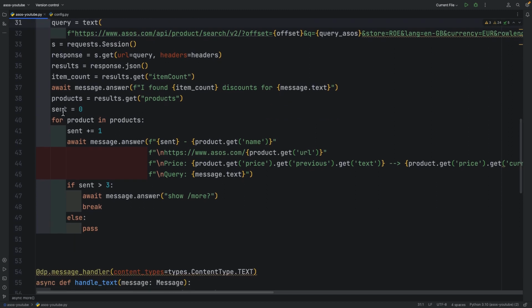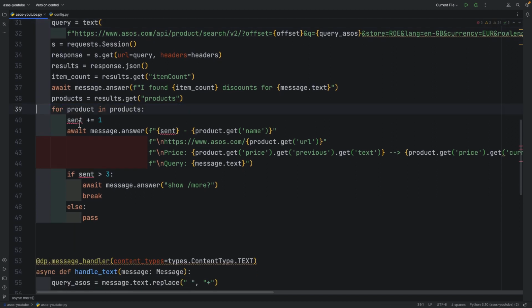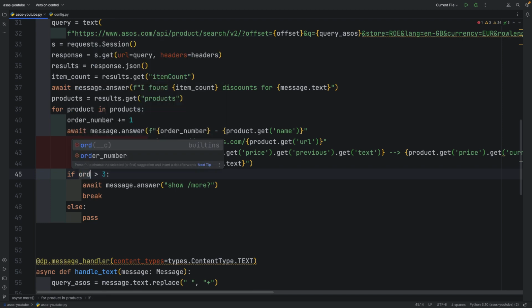Instead of the variable sent, we'll use order number, so I'll rename it accordingly. And remember to subtract the offset value from the order number, since for the more function the order number is already greater than 3.